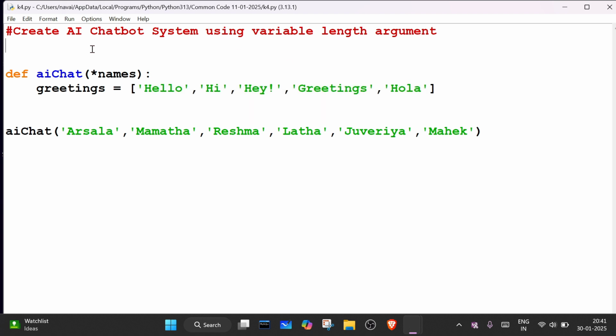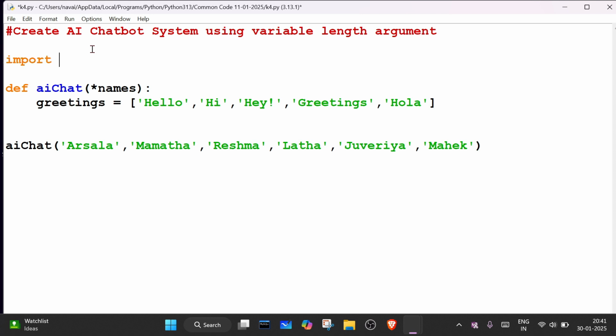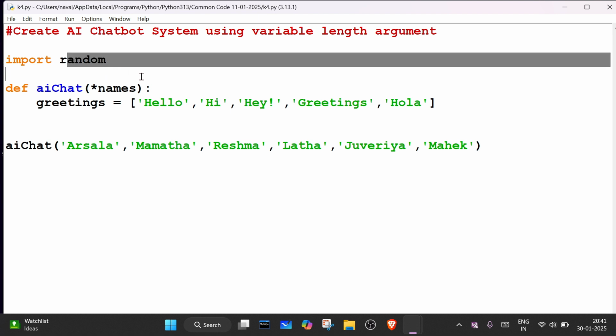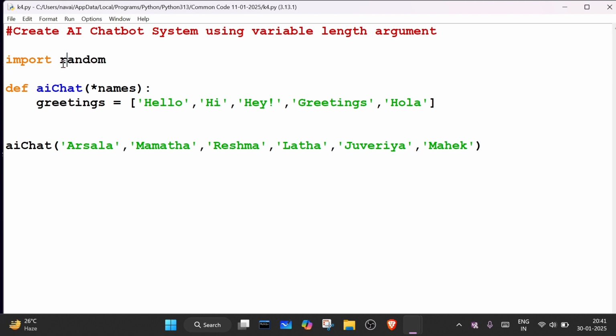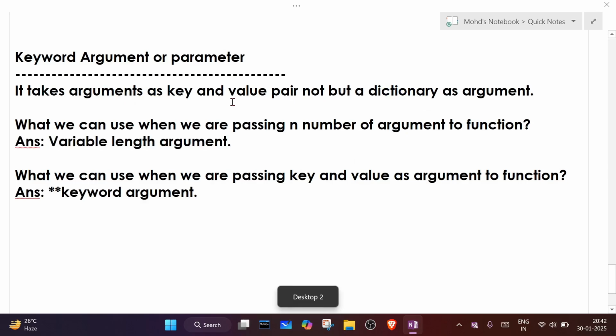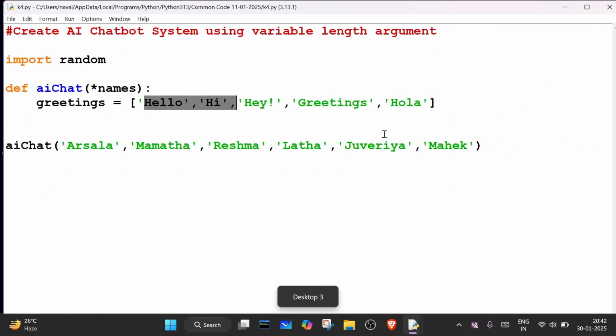In order to select randomly, we have one library in Python by default which is random. So this library we will use. Inside this random library we have one method called choice. So choice function will give you one greeting at a time from the list, right? So what we need to do now,